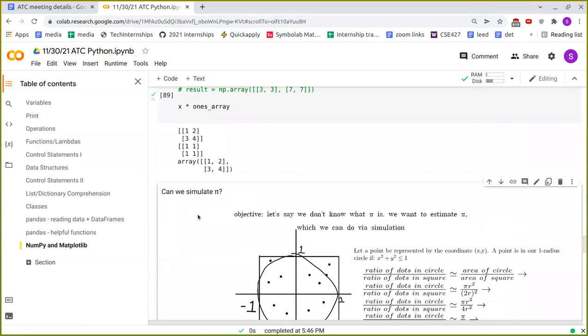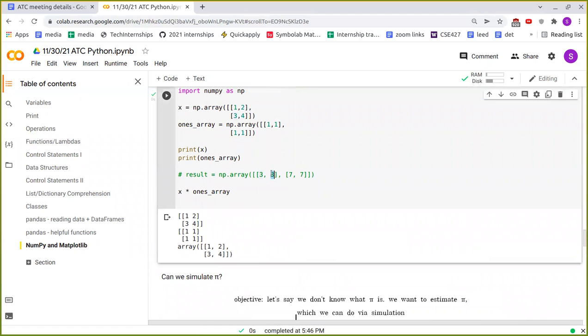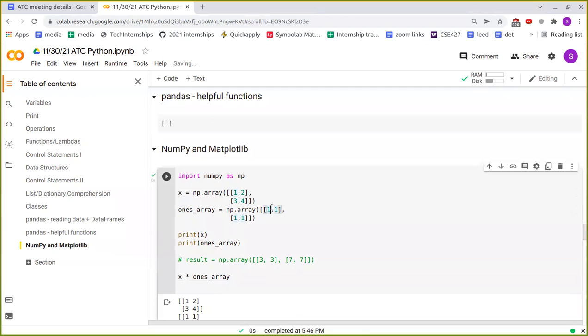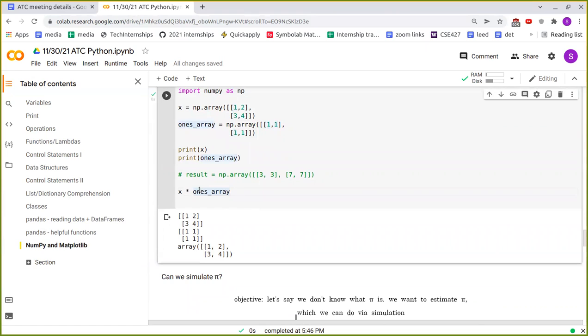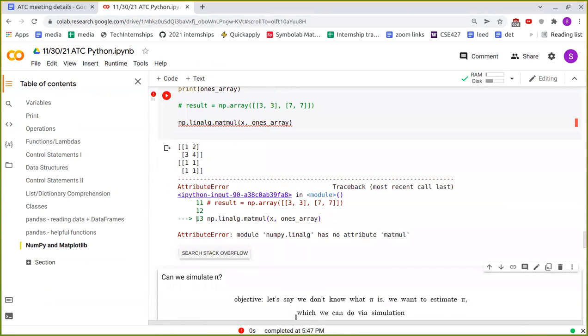However, when we use this regular multiplication, that's not what we're getting. We're not getting 3, 3, 7, 7. That is because the star operator does element-wise multiplication. It multiplies this 1 with this 1 and puts it in the array in the same location, and this 2 with this 2, and so on. To get the correct multiplication, we have to use matmul. So linalg.matmul,